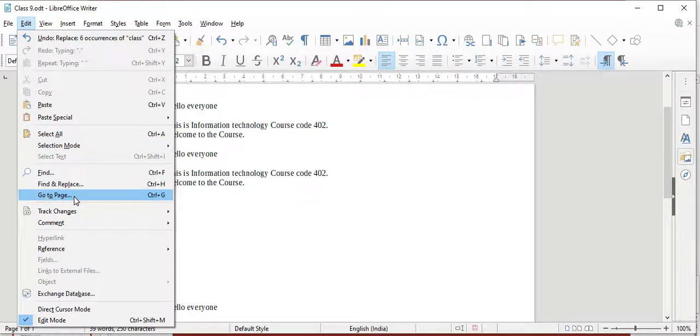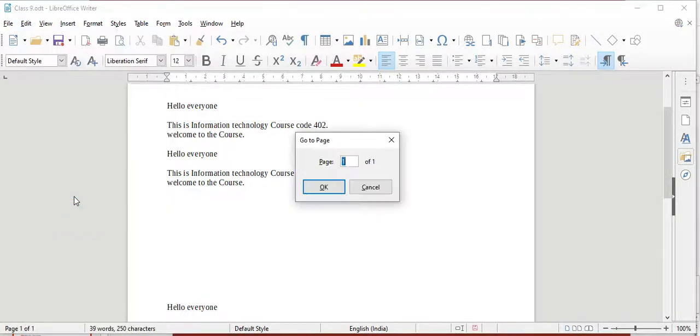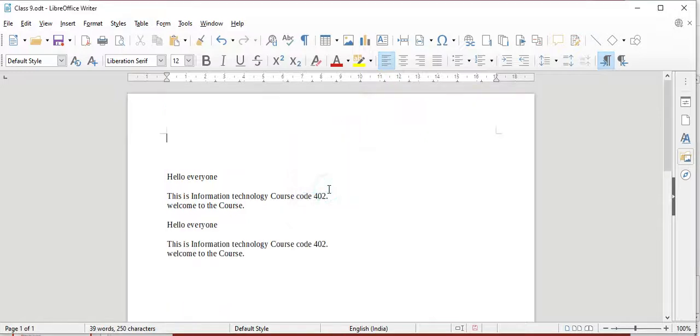Click on that and mention whichever page you want to go to. In my document there is only one page, so it may show an error or take me to the blank document. It is taking me to my first page. If you have a big document, it will be easy to go to that particular page.